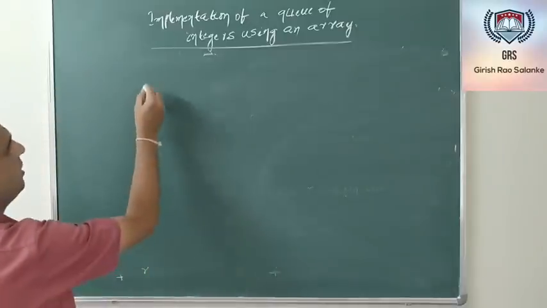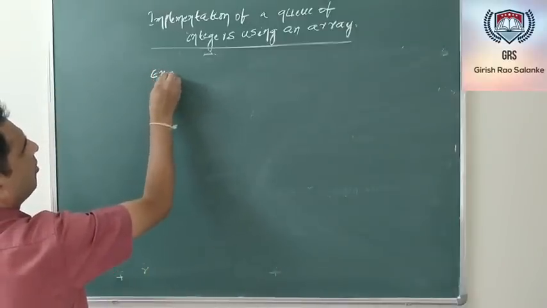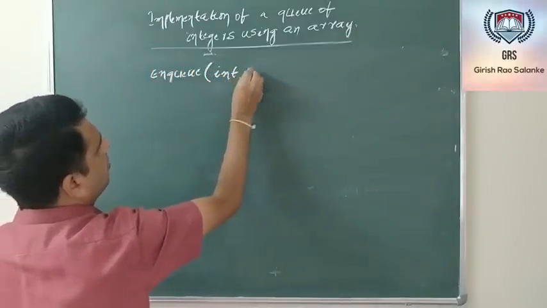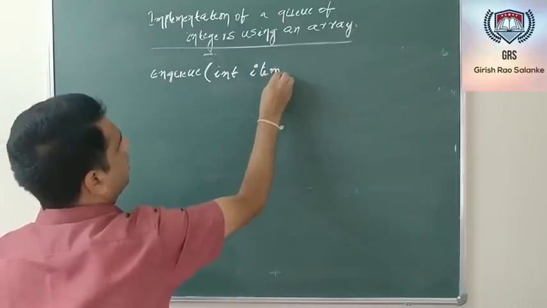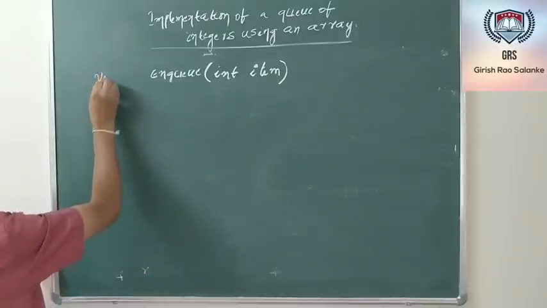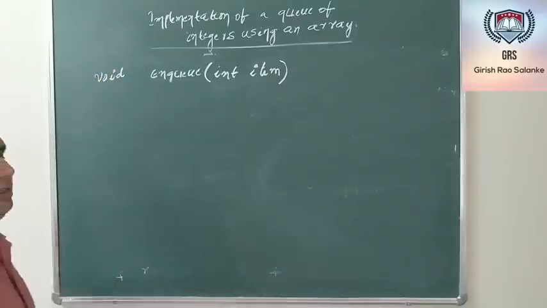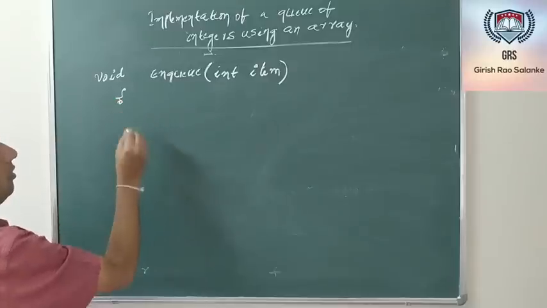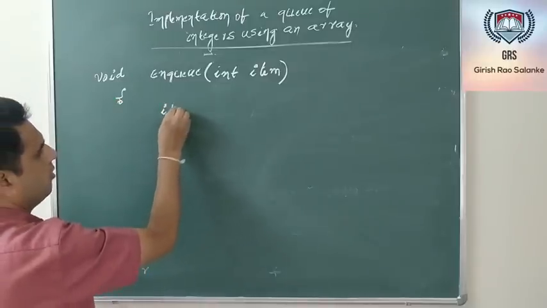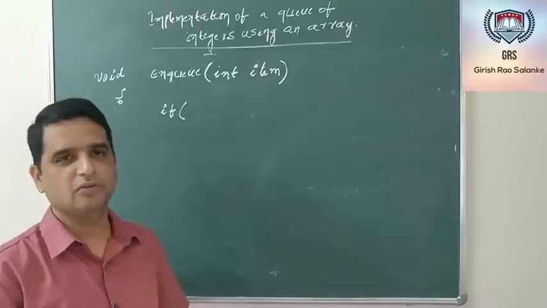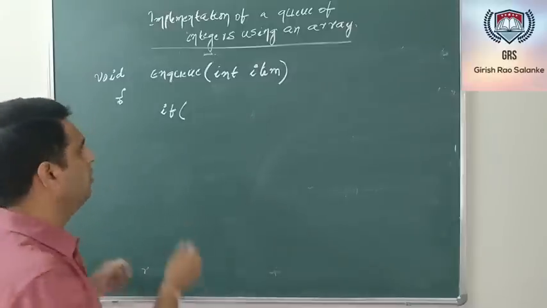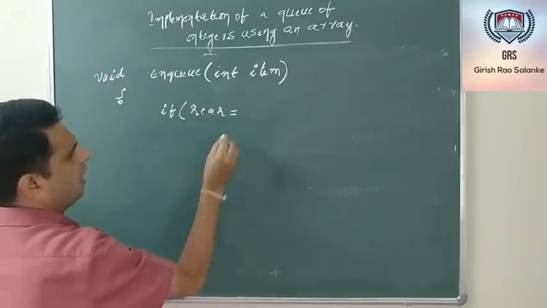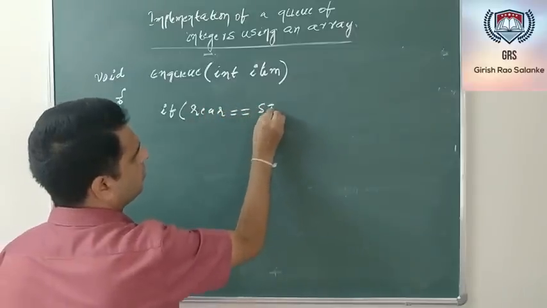Let me write the function name as NQ. The argument is the element or the item to be inserted, and let me assume that the function is not going to return any value. So first thing is, first check for whether queue is full or not. What is the condition for queue to be full? If rear is having a value of size minus 1,